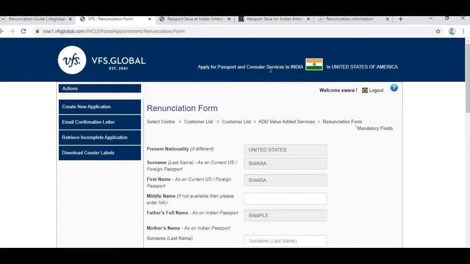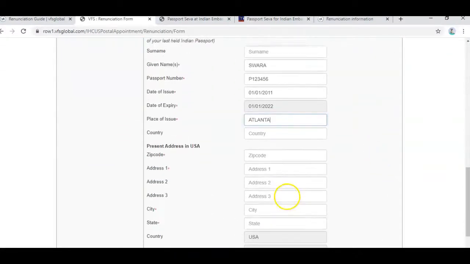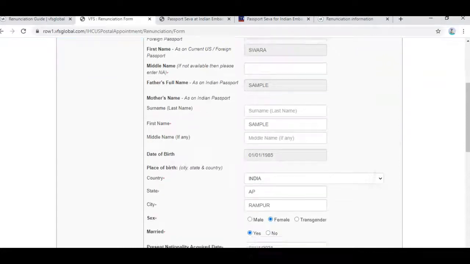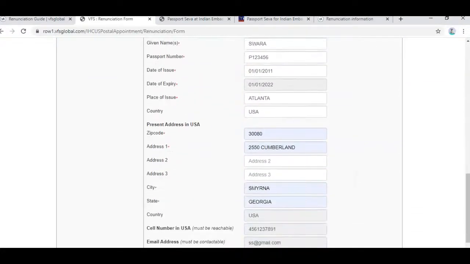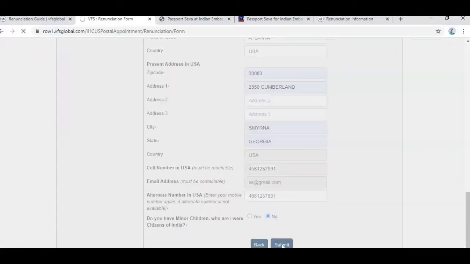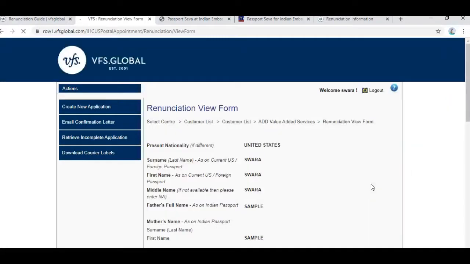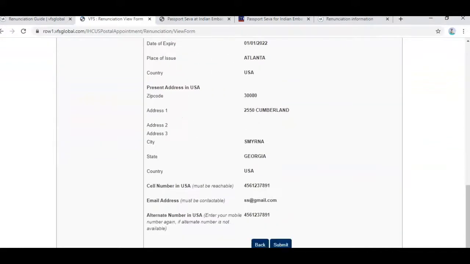Next is to fill out the renunciation form. Complete all the details on the form. Submit it. Renunciation view form. Check if all the details are correct. Submit.